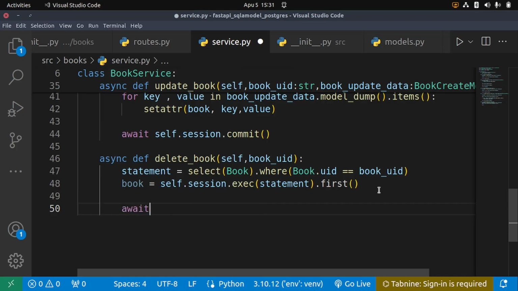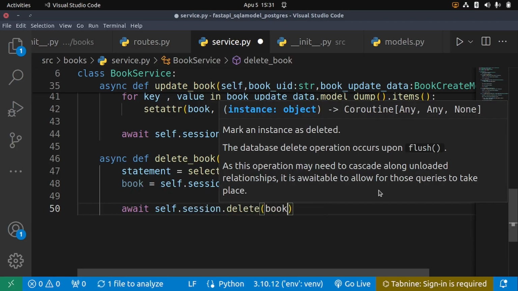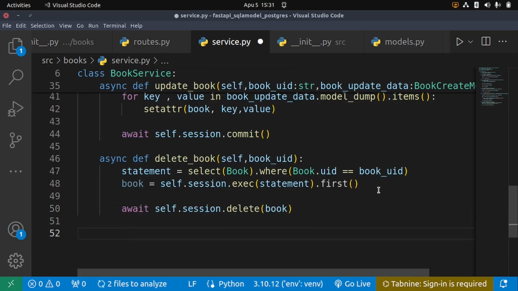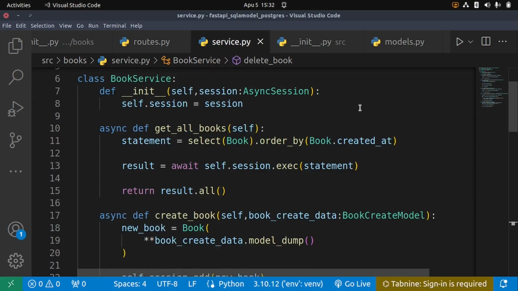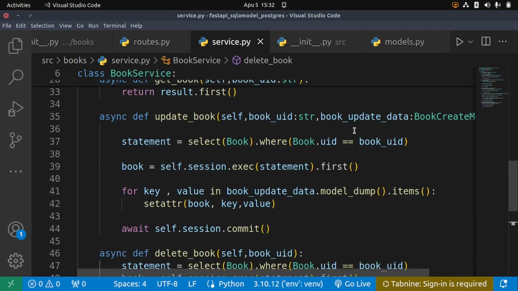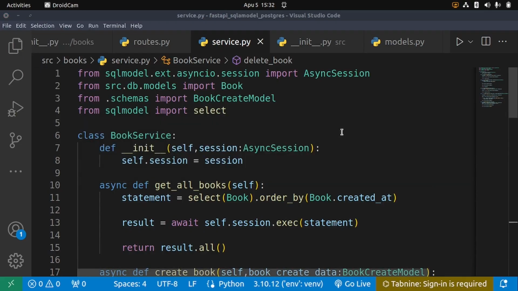So in this case we shall say await self.session.delete, and in this case we shall pass our book. And once we've done that, then we're going to simply go ahead and commit our session. So for now, we've basically done our CRUD and we've successfully been able to pull it off. So if you go right within our Postman,